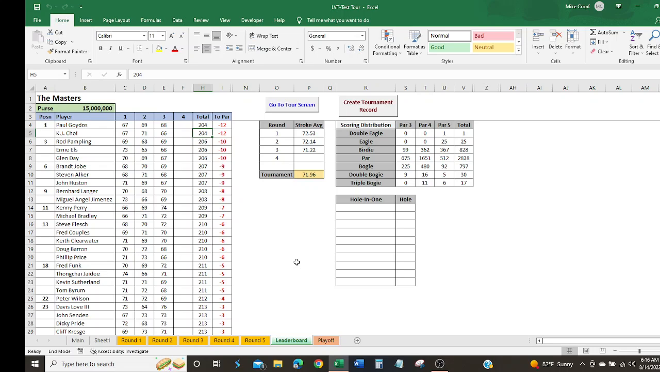In this video, we're going to look at the pressure factor, which is a new added feature. As you can see here, we've played the Masters. We're up through round 3, and Paul Gordas is leading. Now, the pressure factor allows you to select players that are up to 10 shots behind, which in